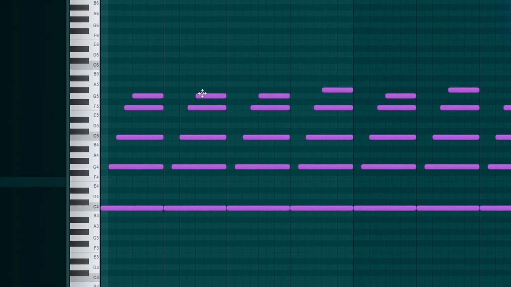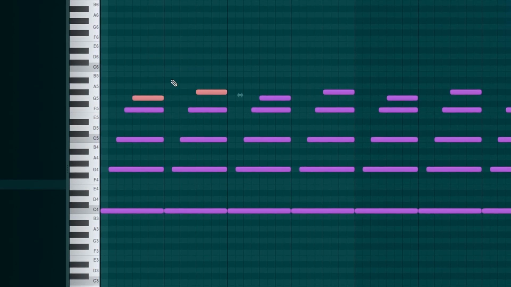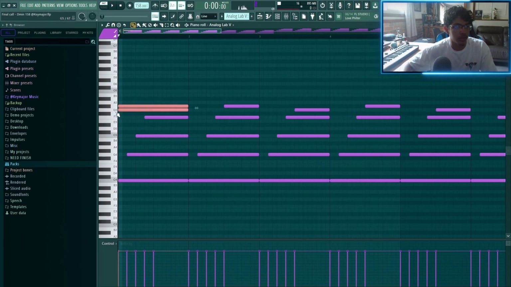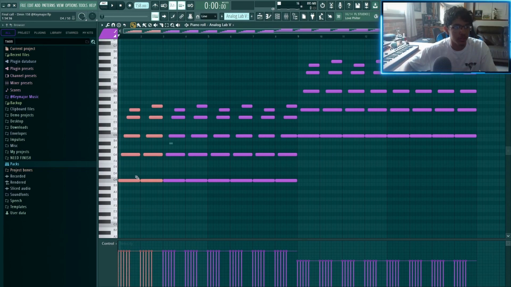And I copied it over for the second half, except I moved the G up to G sharp, and I'm using 2 notes that are right next to each other. You always want to use notes that are right next to each other like this, G and G sharp, causing a lot of tension in the melody. After that, I just took this simple pattern and copied it for the whole thing, and copied it over again,